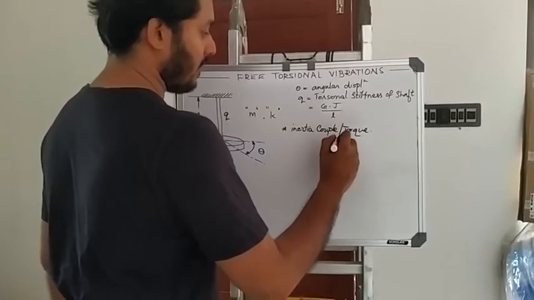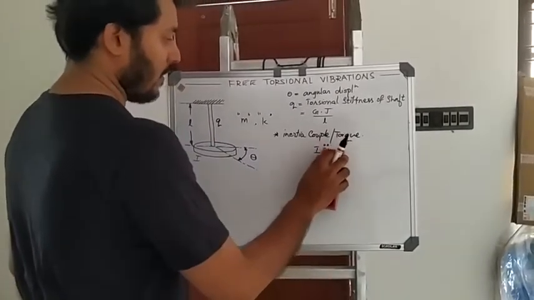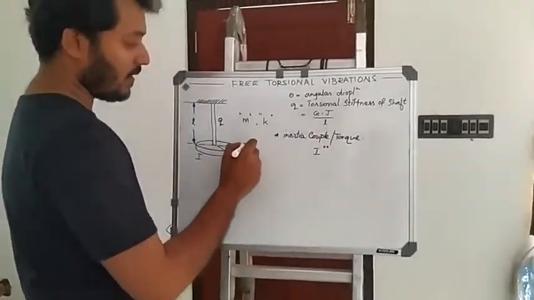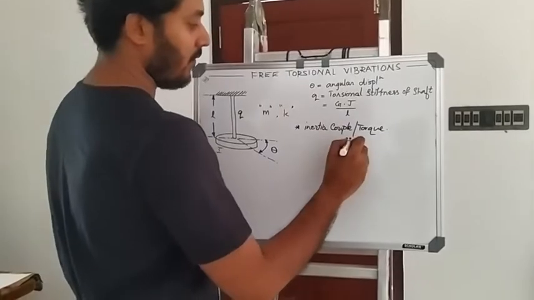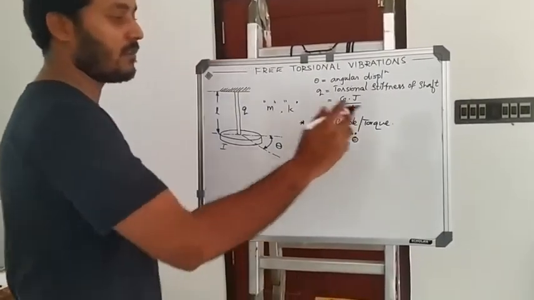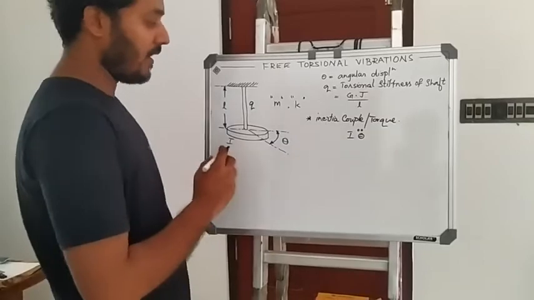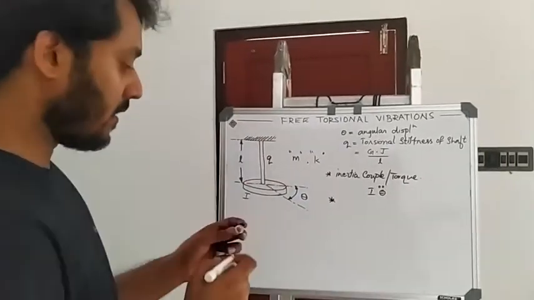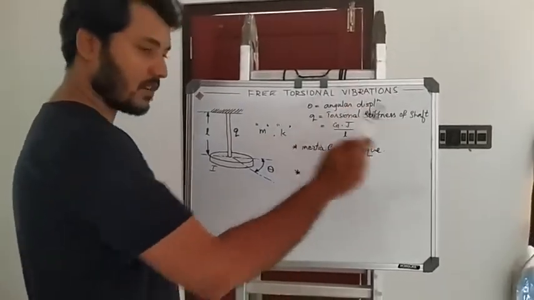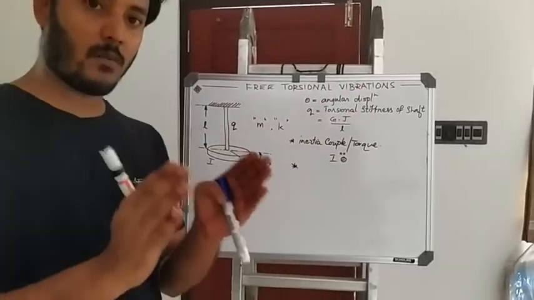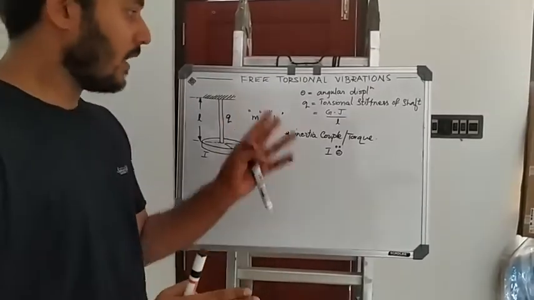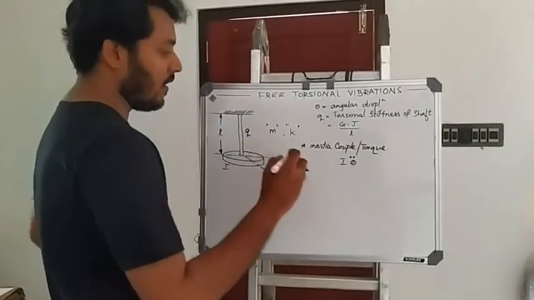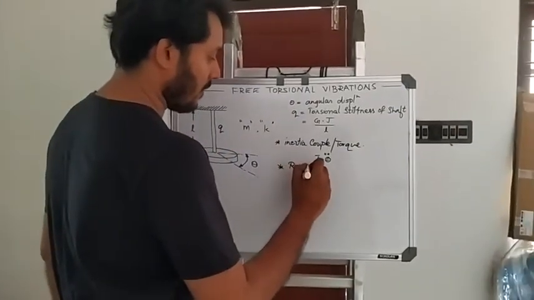What is the inertia couple here? I into x double dot. I into x double dot was the case for the translatory equation. Here, as we have theta as the angular displacement, we have to write I into theta double dot. This is the inertia torque. What is I? I is the moment of inertia of the disc. As the disc is attached to a shaft having torsional stiffness, the stiffness component will induce a restoring force which tries to restrict this inertia. So, the restoring couple or torque